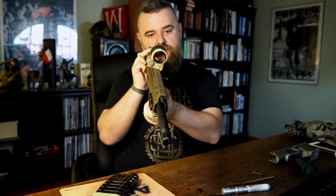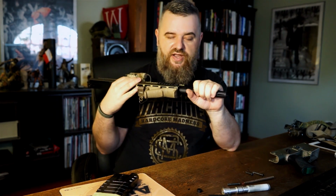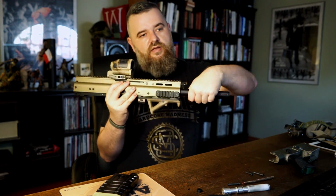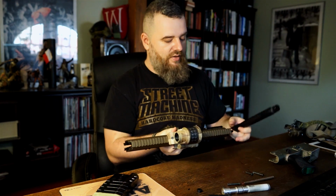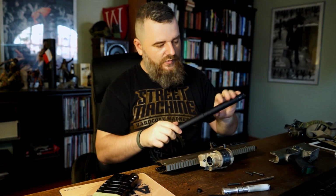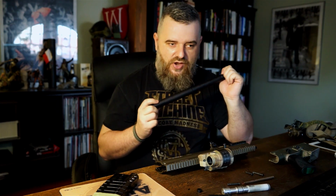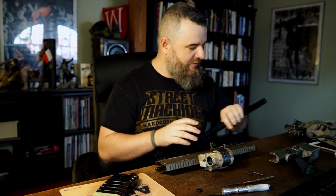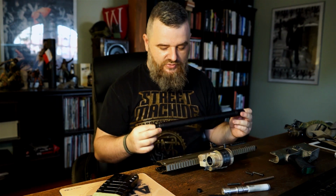I have a Trijicon replica red dot sight on it, an Armson barrel. The barrels are A5, so it will take any A5 barrel out there. It's floating. The barrel you get with TGR1 is only 9 inches. It has an amplifying muzzle, so it really sounds extremely loud. Even with low velocity it sounds extremely loud with the amplifier. It's not that loud with this barrel, which is I think 13 or 14 inch